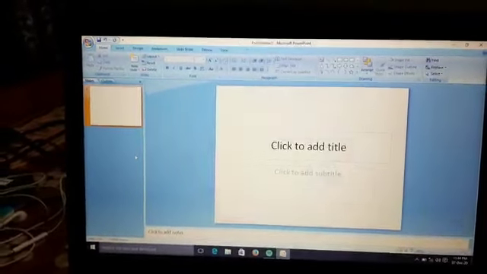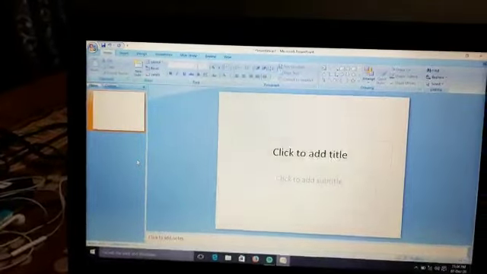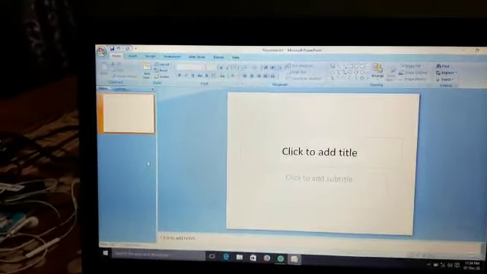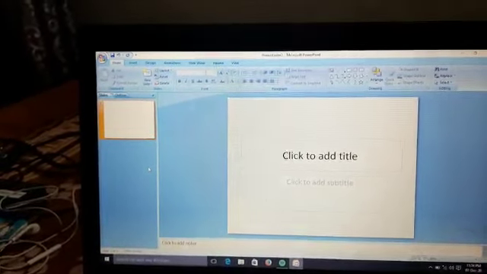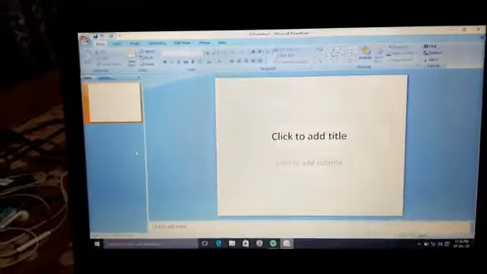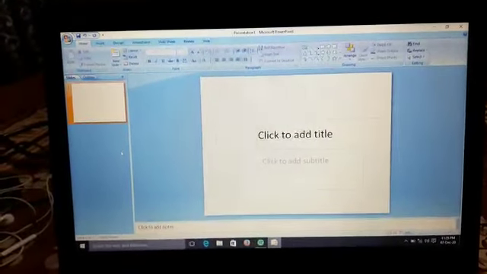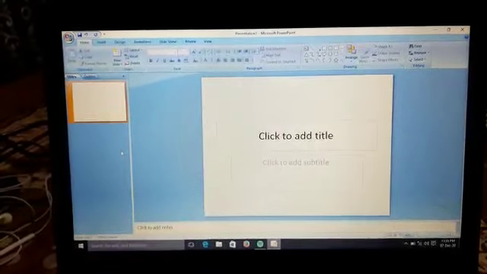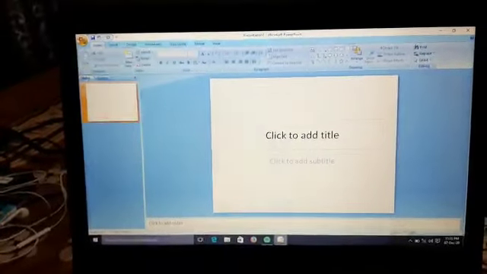Now, children, we are going to start with the second part, that is creating a new presentation. As I have told you in the last class, from the power button, you will go to PowerPoint and then we can open it. On page number 65, you will see the steps to create a new presentation. How do we create a new presentation? We will first click on Start, then PowerPoint, then Blank Presentation.